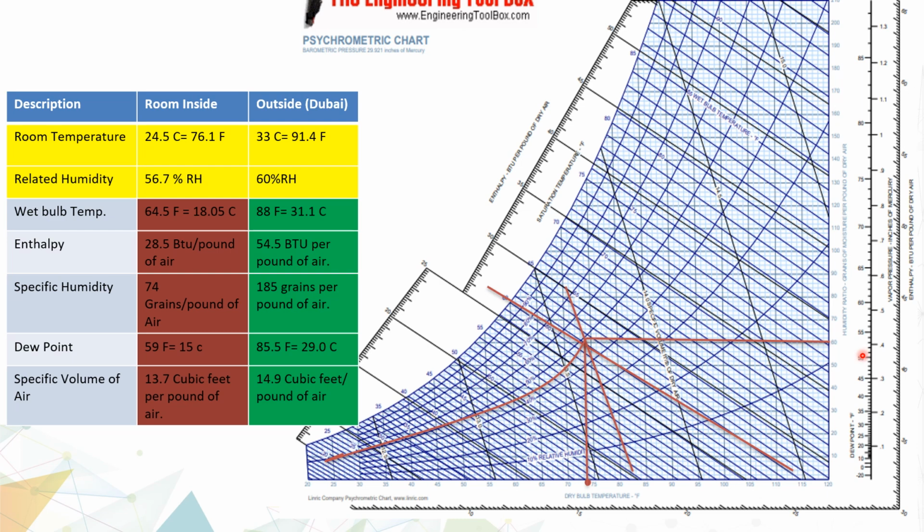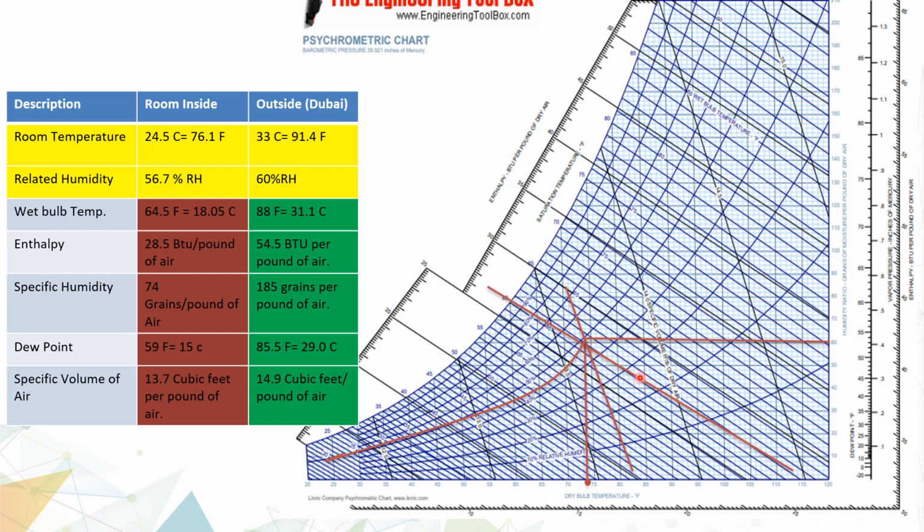If you convert into Celsius, it is 15 degrees Celsius. Then specific volume: this line represents our specific volume. It shows 13.7 cubic feet per pound of air. That means 1 pound of air takes 13.7 cubic feet. So this is the data for